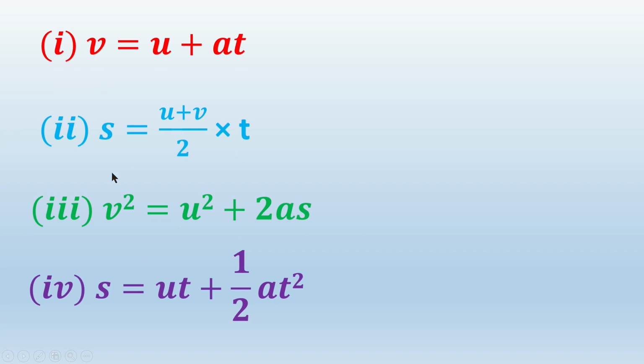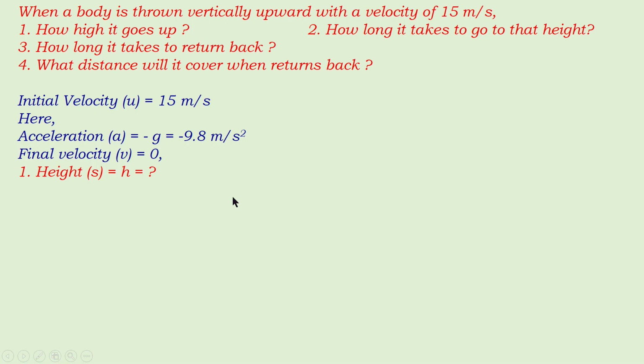Here it is present. I mean to say, the third equation we are using, and so I want to use this. We have v square equal to u square plus 2as, and if we take the values, v square means 0 square, u square means 15 square, and 2 remains the same, and acceleration is g, it is negative, minus 9.8 into